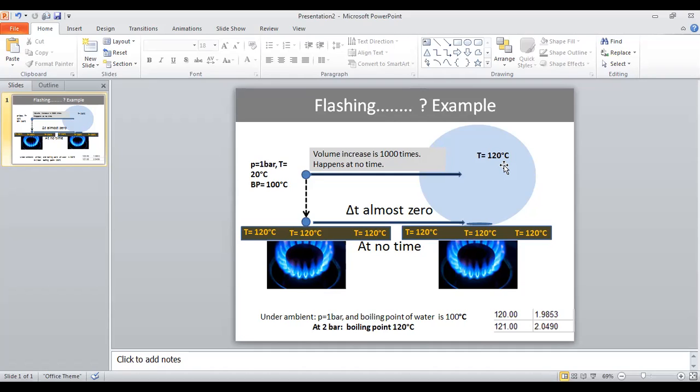Okay? So at 100, if you put this one, maybe you can see still the same flashing, but it's under saturation. Okay? So this 20 degrees Celsius,